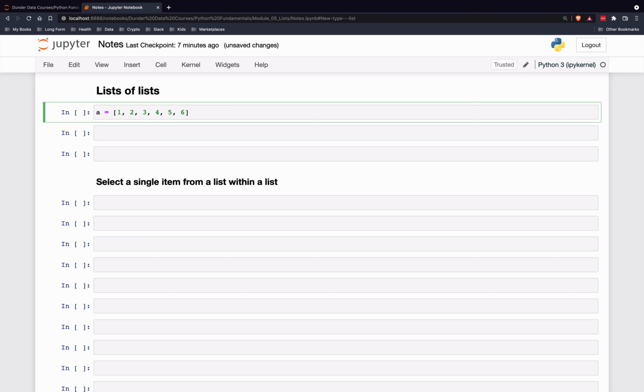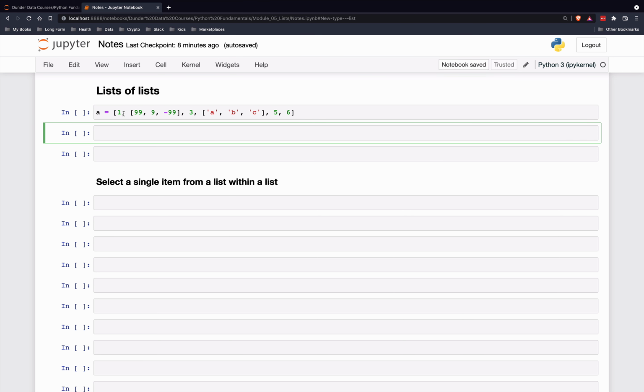So let's say I take out this item 4 and instead I replace it with some list over here. So I'm creating a list within a list. Maybe another one over here. We can have different numbers over here like this. Okay, so it's a little bit harder to read and understand what's going on, but I have created a list